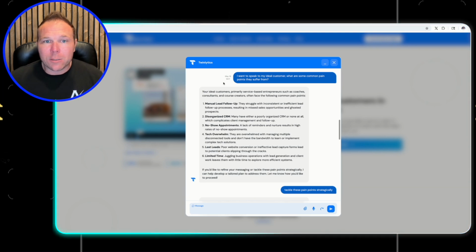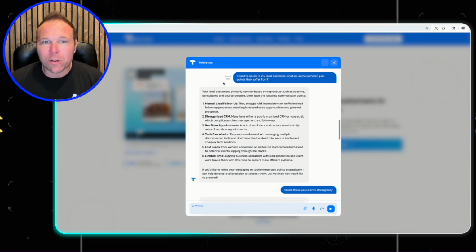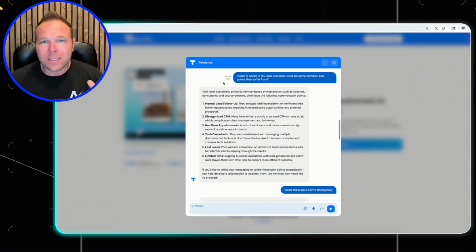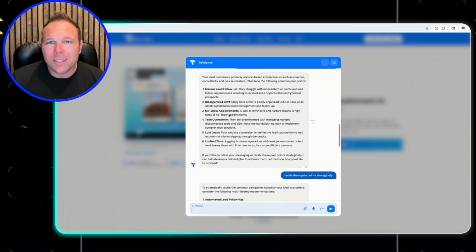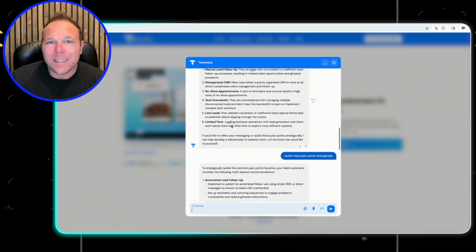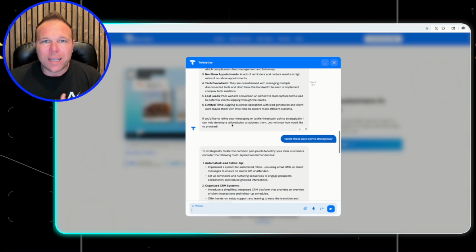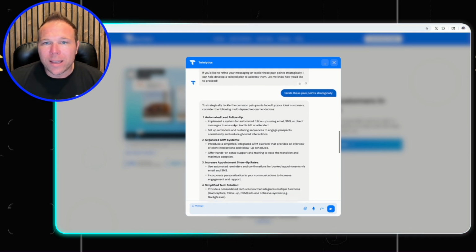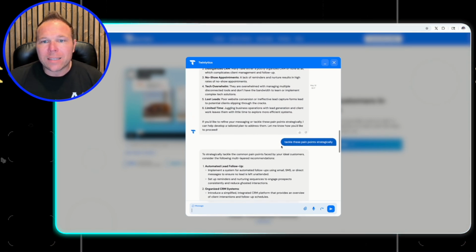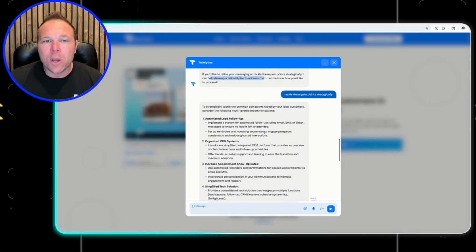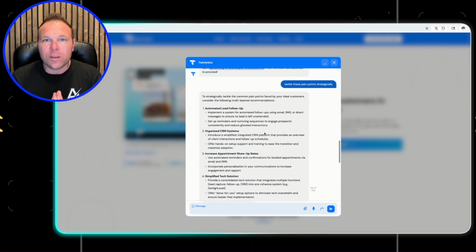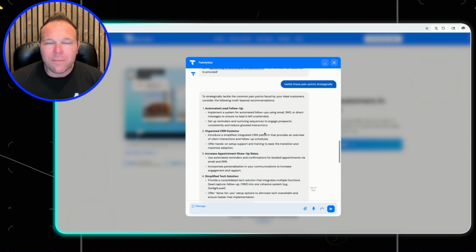So for me, my customers, they don't follow up with their leads. They have a disorganized CRM. Maybe they don't even have a CRM. They get no-show appointments. They're overwhelmed with all the tech. They lose leads and they don't have time to actually go and implement this. So I can simply go and say, yes, tackle these pain points strategically or help me develop a tailored plan to address them. So now I know that I need to offer solutions for these pain points, automated lead follow-up,